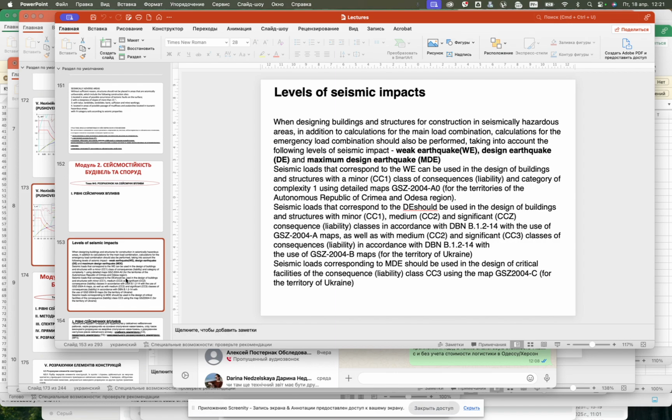And after the maximum design earthquake, it is impossible to renovate or reconstruct the building, but the building has to protect the people from progressive collapse. This building will be demolished, dismantled after the earthquake, but nevertheless, the people inside of it have to be protected